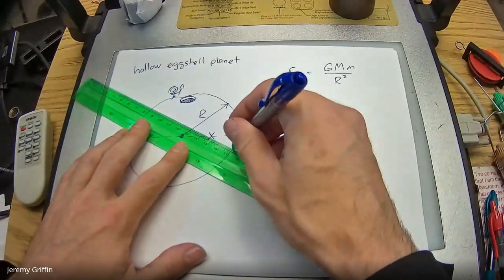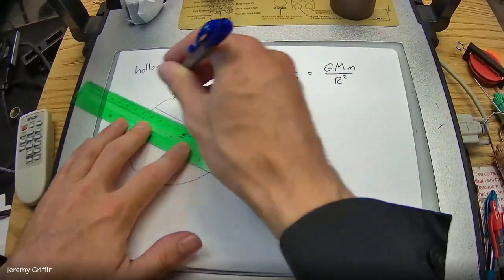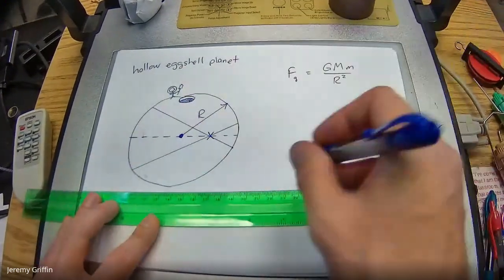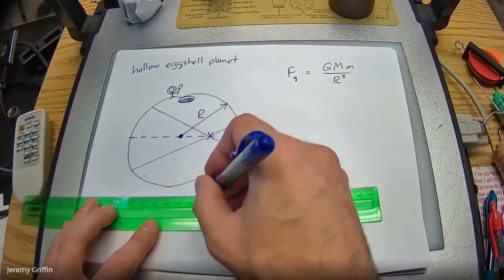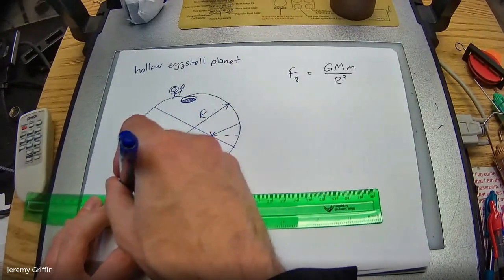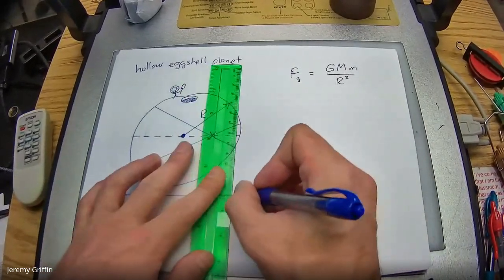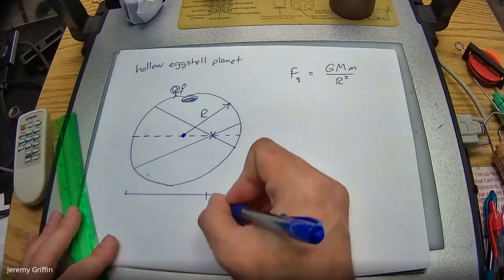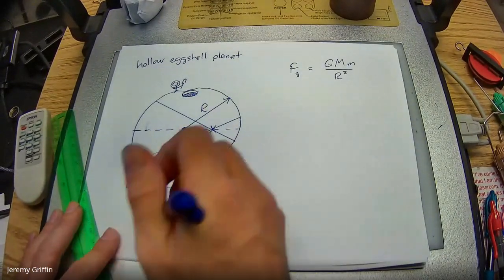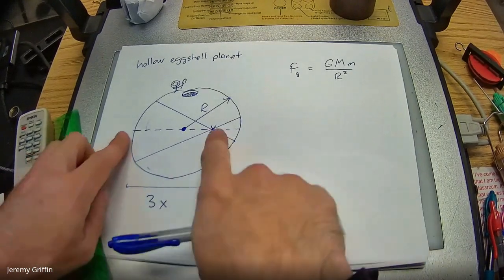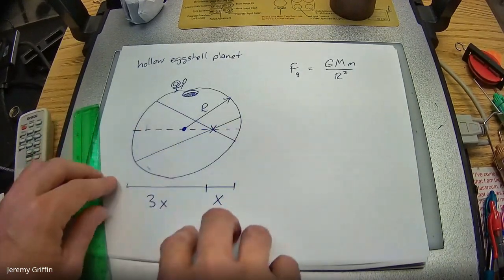Let me take you through this. Here's one way to analyze this. I'm going to make a cone like this, and let's compare these distances, where you are from the left side to where you are from the right side. Your distance to the right side I'm going to call x, and your distance to the left side, let's call it 3x, because you see proportionally it'd be x versus 3x. You see that? Okay.